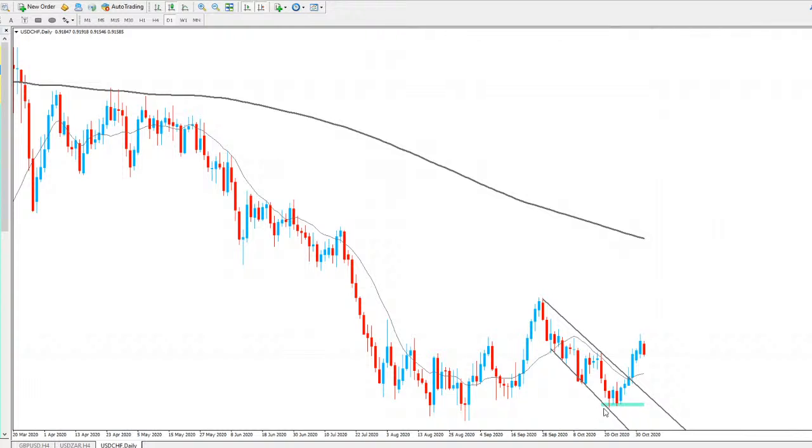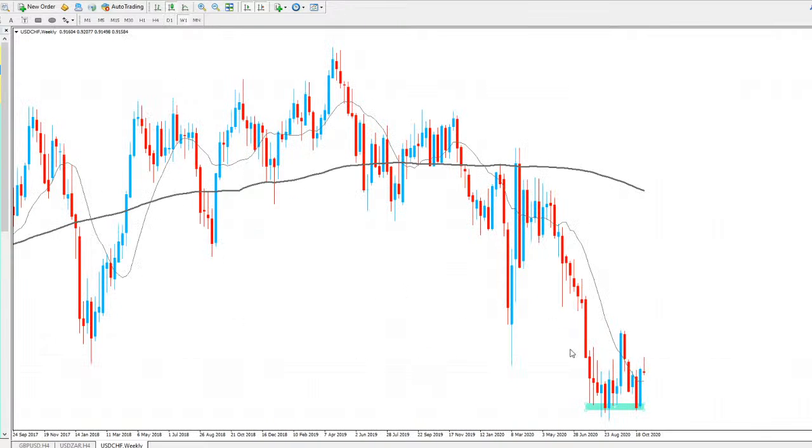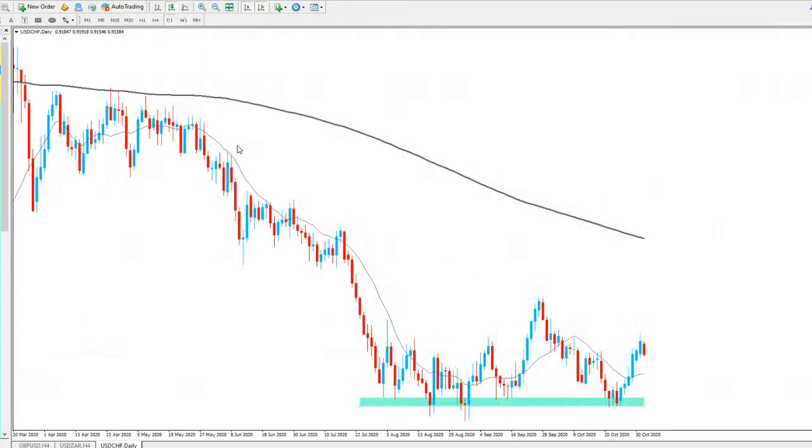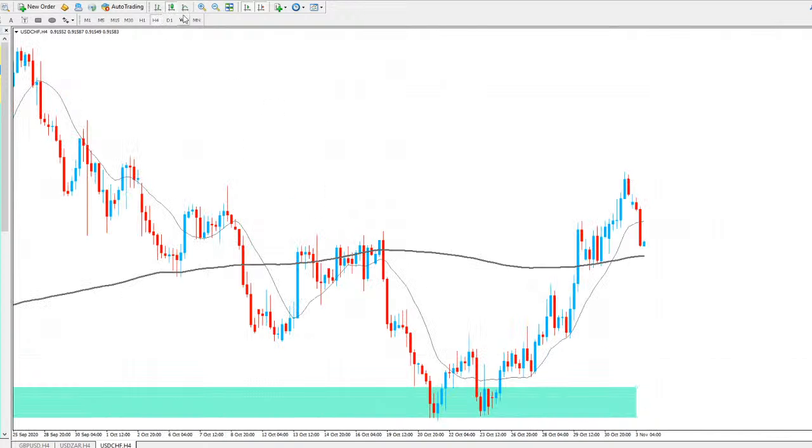From a daily time frame, as you can see, we're definitely at the lows of USDCHF right now. If I go to the weekly as well, you can see where we are. We're definitely at the lows. So I'm definitely expecting a longer move to the upside rather than to the downside for this one. So from a daily point of view, weekly, and even 4H, I'm still looking for the buys.